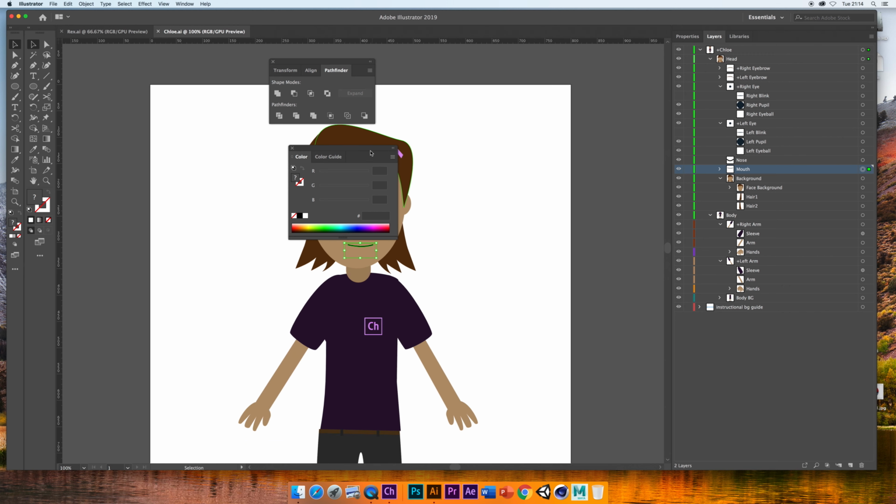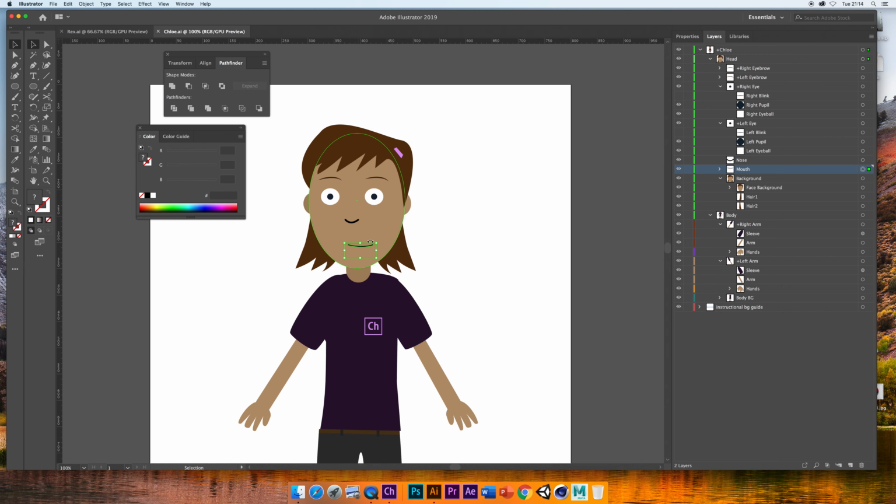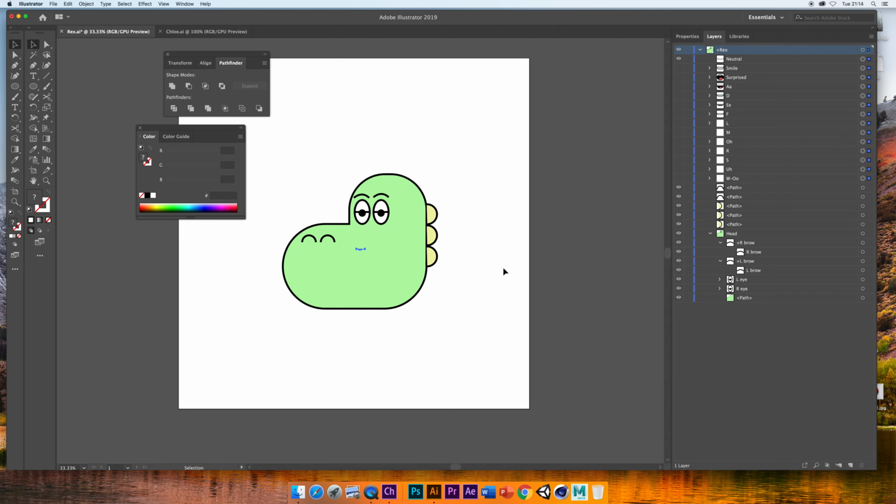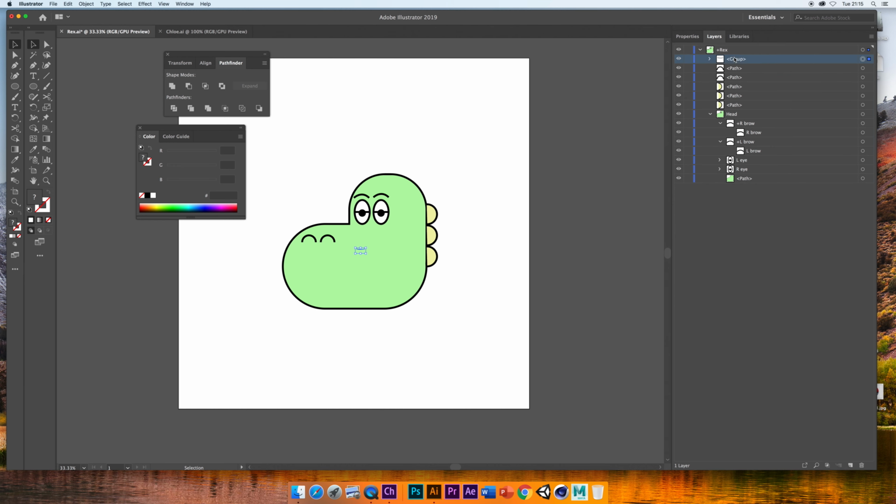Just to make sure this works properly, I'm going to make sure with my selection tool I click on Chloe's mouth, make sure it's selected here, and then Command C, jump back over to Rex, zoom out a little bit, Command V. Really small mouth. But as you can see, as soon as we've pasted that, all of these mouth positions have been pasted into our character layers. So I'm going to quickly highlight all of those. Yep, they're all highlighted, fantastic. Command G, and we're going to call this group